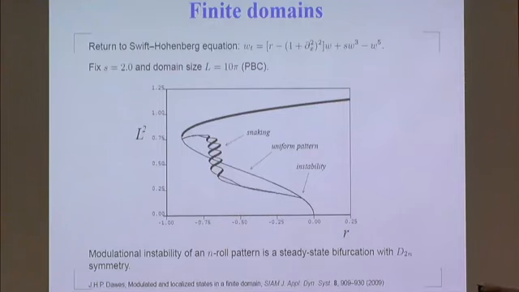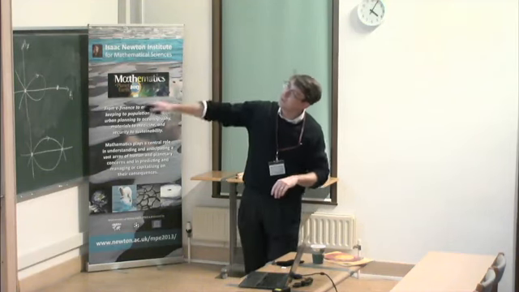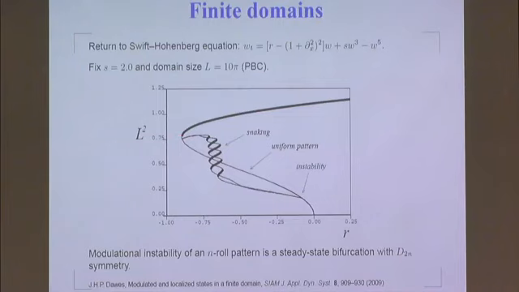remnant of this behavior. So I'm in a domain for this calculation of 10 pi. These structures have size approximately 2 pi, so I get 5 wiggles on each branch. Okay, and then I filled up the whole domain with periodic pattern. This is a continuation of bifurcation diagram from my original Swift-Hohenberg equation. So these things are the full localized solutions. Okay, so I see 5 of these, and I filled the domain, so I have a periodic structure. So I reconnect back to the uniform periodic pattern. Okay,